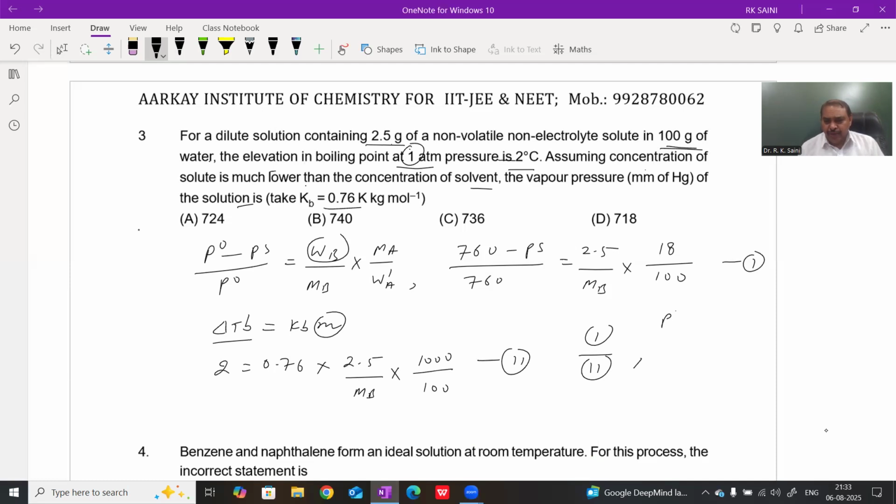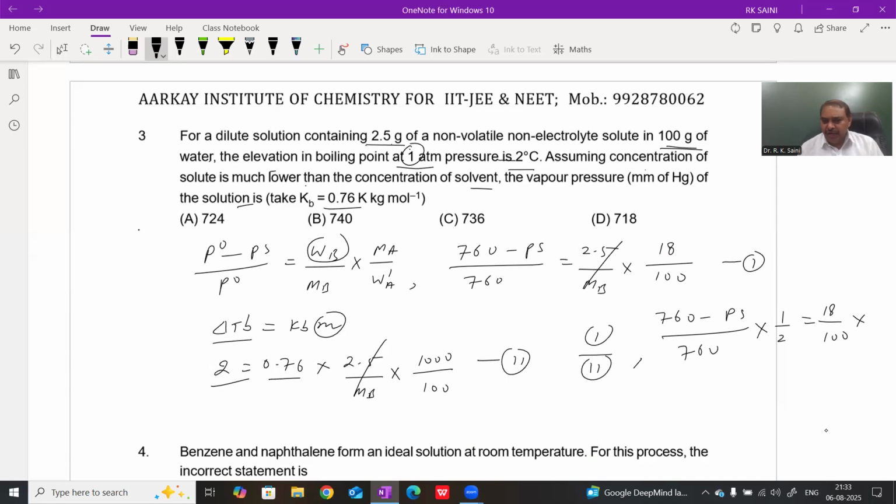P naught is 760, minus PS, vapor pressure of solution, upon 760, divided by equation second, divided by 2 equals to common factors. Common data are cancelled to each other. This value cancels this. Therefore, 18 upon 100 and then in this